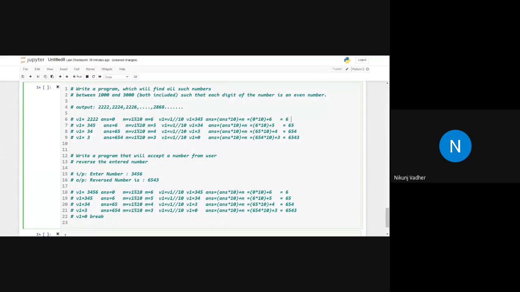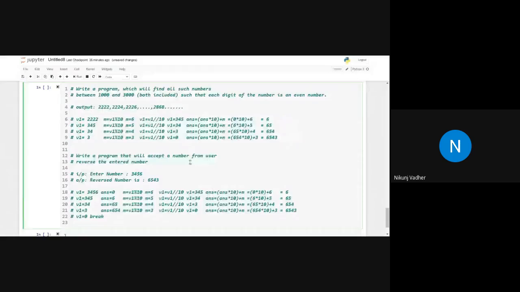Here an answer is not required, so this is not required. M equals V1 modulo 10; we will get the last digit.